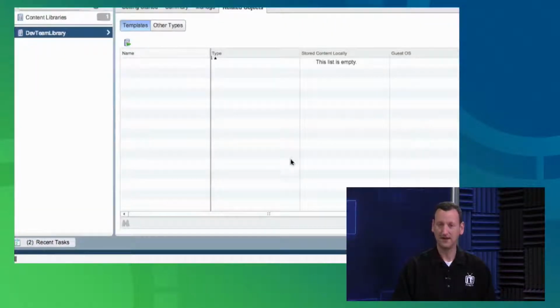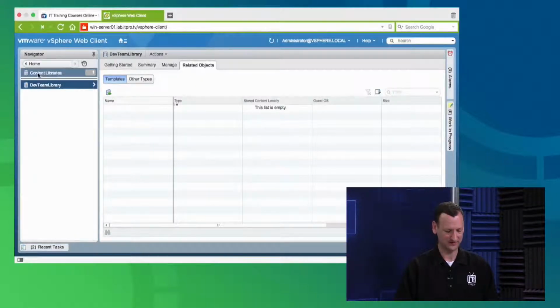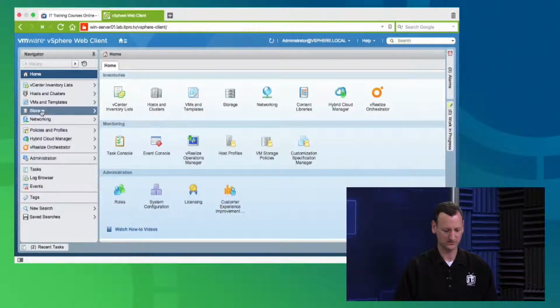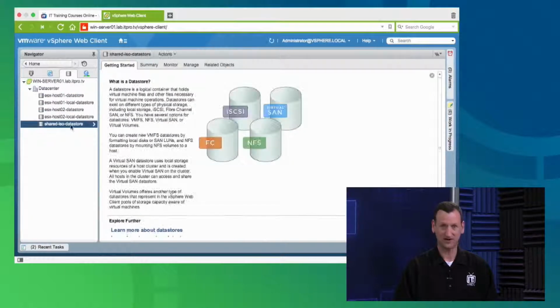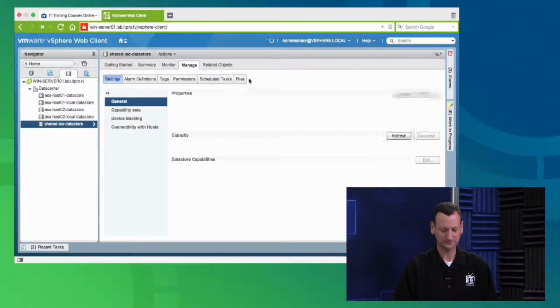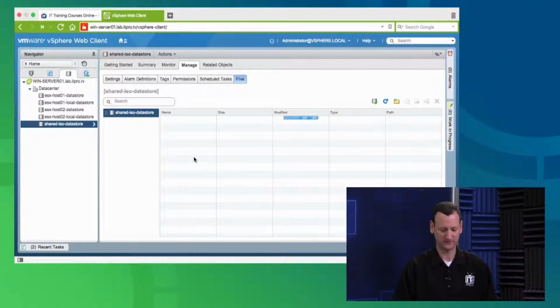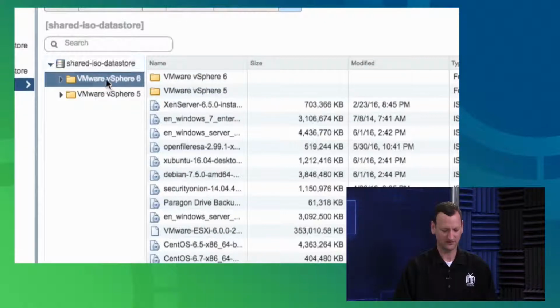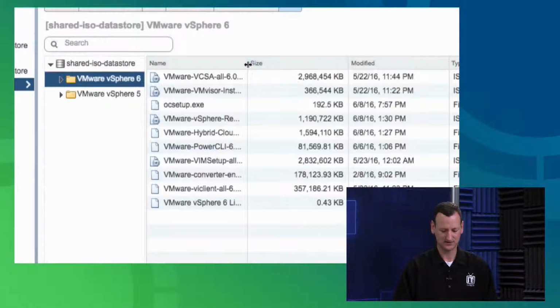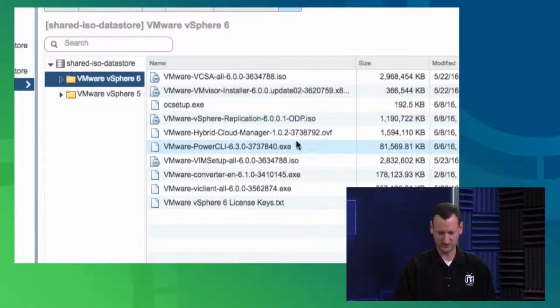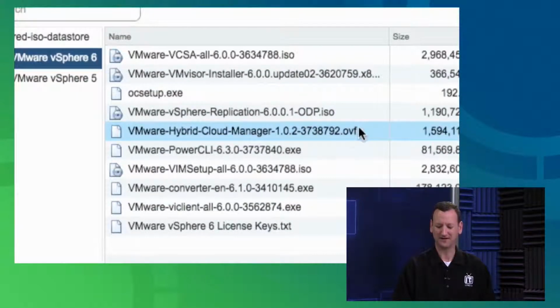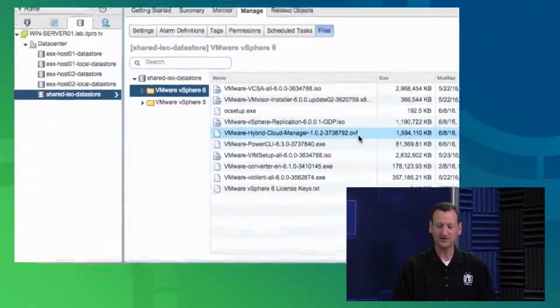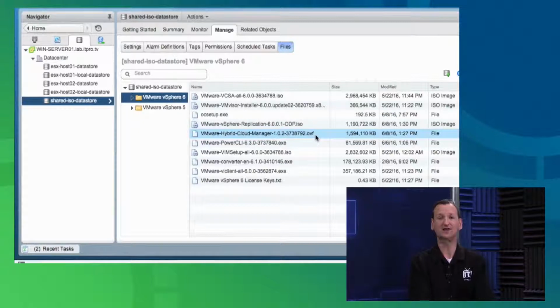Now, maybe you've got one that's already in a data store somewhere, right? I do have an ISO data store set up. If I go back to my home page and go to storage, I've got this shared ISO data store laying around, and inside of it, it's got a bunch of stuff, right? So if I jump in here and take a look, I've got a bunch of ISOs in here, and if I go into my vSphere 6 folder, I should see that I've got an OVF in here somewhere. Here we go. I've got the VMware Hybrid Cloud Manager. That's an OVF, right? It's an appliance that I can import, and it's got the Hybrid Cloud Manager on it. So it's already in a data store, and I can use that to my heart's content,